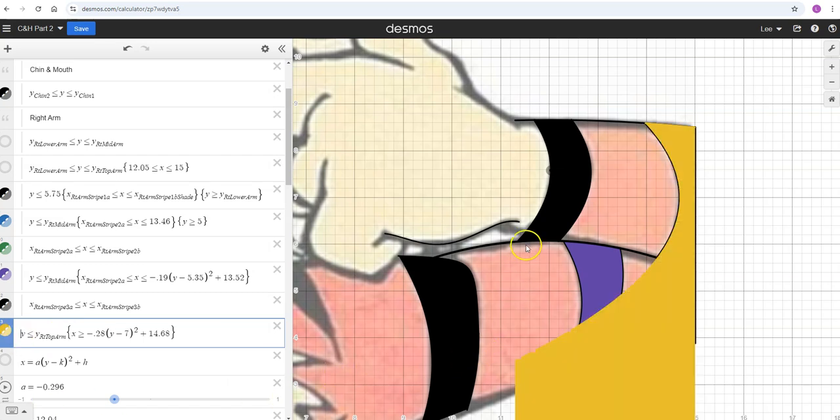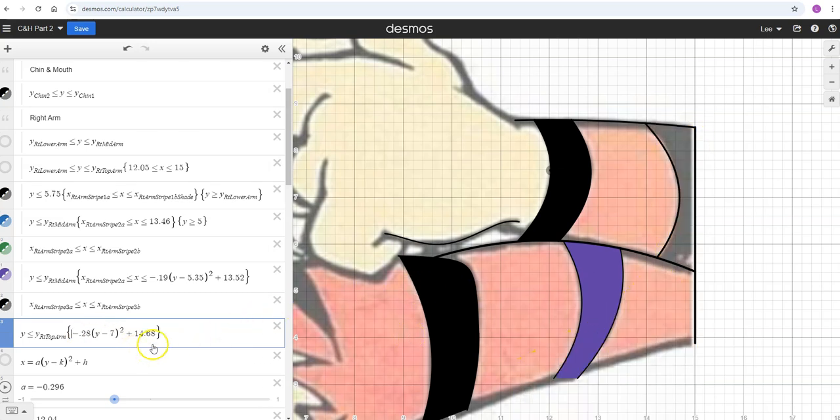All right. Now it'll shade sort of what I want. So it'll shade everything below this line, everything to the right of this sideways parabola, and everything to the left of that line. So that's included in this part right here. X's have to be bigger than this parabola, and we're already restricted on the right by that line, but I could even do x's between that and 15, which is where that line is located, or something like that if I want to. So if I wanted to say that parabola less than or equal to x, less than or equal to 15,